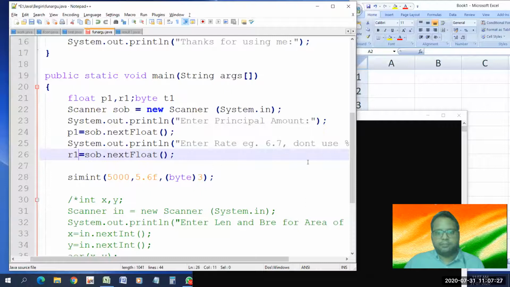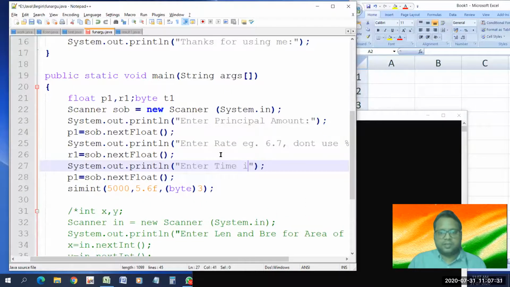And now enter time. You can input an integer, a byte, or a float, but this time it is designed to input an integer. You can write a message here, please enter integers, don't enter decimals. You can input them, but let it be like this.